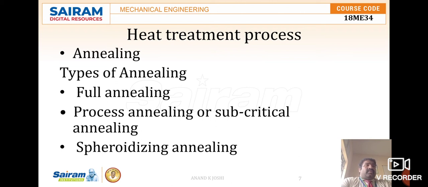Let us first understand what the heat treatment process involves, and why we have to do it. Heat treatment is the controlled heating and cooling of metal components in order to alter the physical and chemical structures or properties without changing the shape of the component. This is why we are treating the metals. The various properties of materials depend upon the microstructure, and hence by changing the microstructure the properties of the material can be changed.